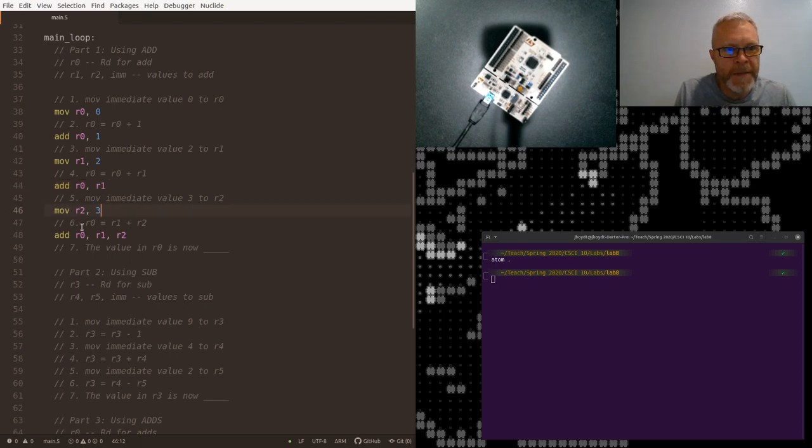And then I'm adding, that's a lot to keep straight, isn't it, without writing it down. R0 is 3 at this point, but R1 never changed. So this is really just 2 plus 3 is 5. So what I would expect is 5. I'm going to put a question mark next to that so that when we run it, we can confirm that that's true. In hex, that would be